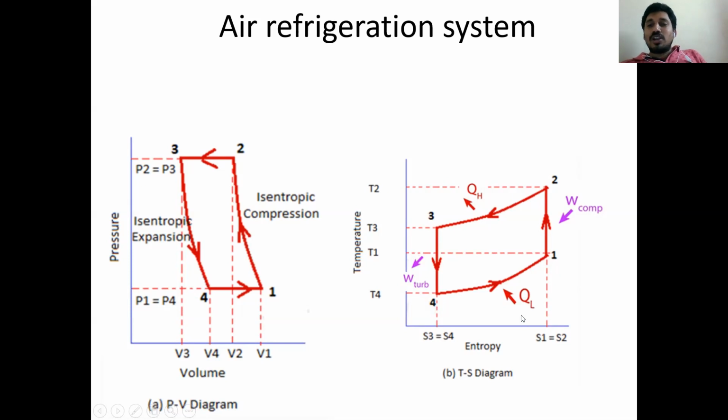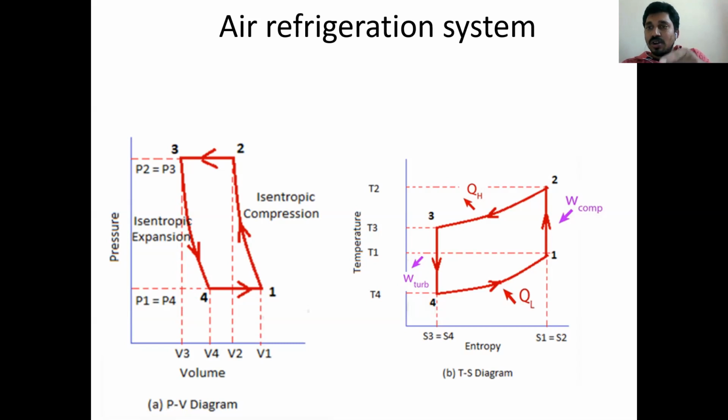If you see the notation, QL is the amount of heat added to the system, also called the refrigerating effect or cooling effect, or heat removed from the refrigerated space. Different names, all are the same. QL is equal to the amount of heat removed from the refrigerated space, the amount of heat supplied to the system, meaning the air refrigeration system, or the refrigerating effect or cooling effect. All are different names but give the same meaning. W compressor means compressor work, the amount of work required to drive the compressor, which is also called W12.